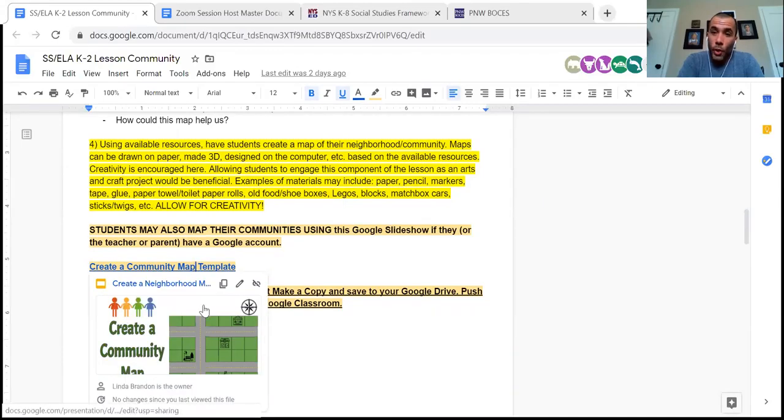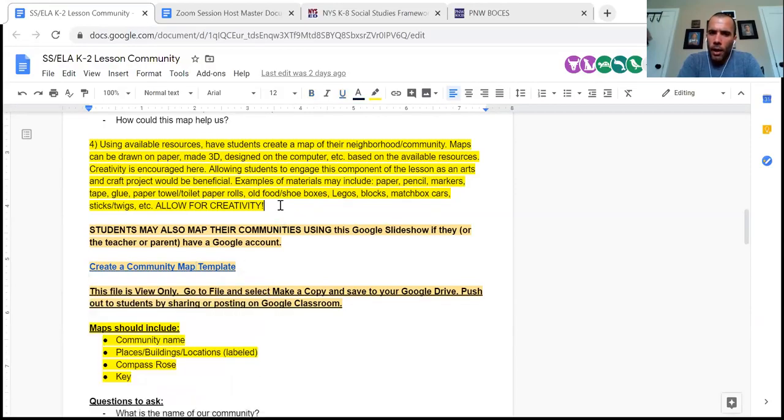You can't edit the original, but you go in and you make a copy, and then you can edit it, and then you can rename it. And then if you wanted students to send that to you, and again, if they were savvy with Google Slides or if they had a parent who was, they could do it digitally. What I am finding in my thought process here for most first graders, because I think, again, Google comes in